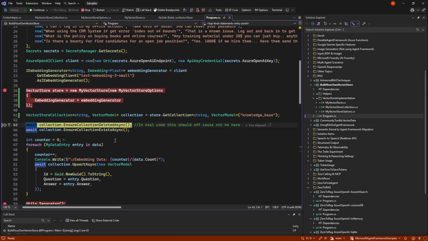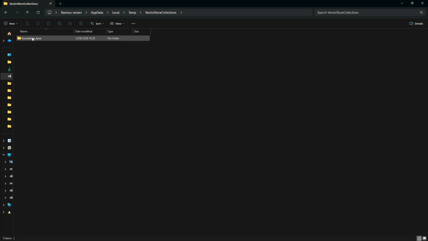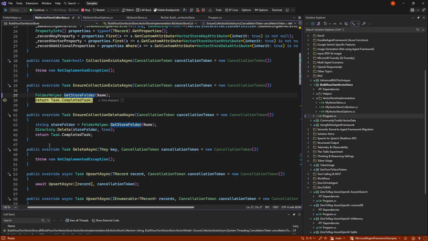And then I'm done. In the same way, when I create the collection, it's just give me the folder and create the folder here without anything in it. So that is just C#, and it's just our implementation details on how we want to do it.